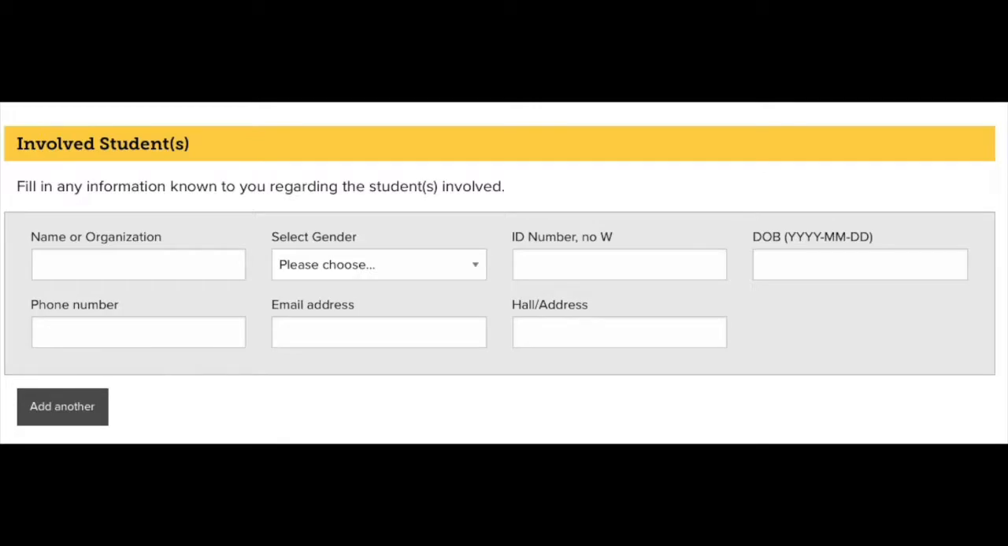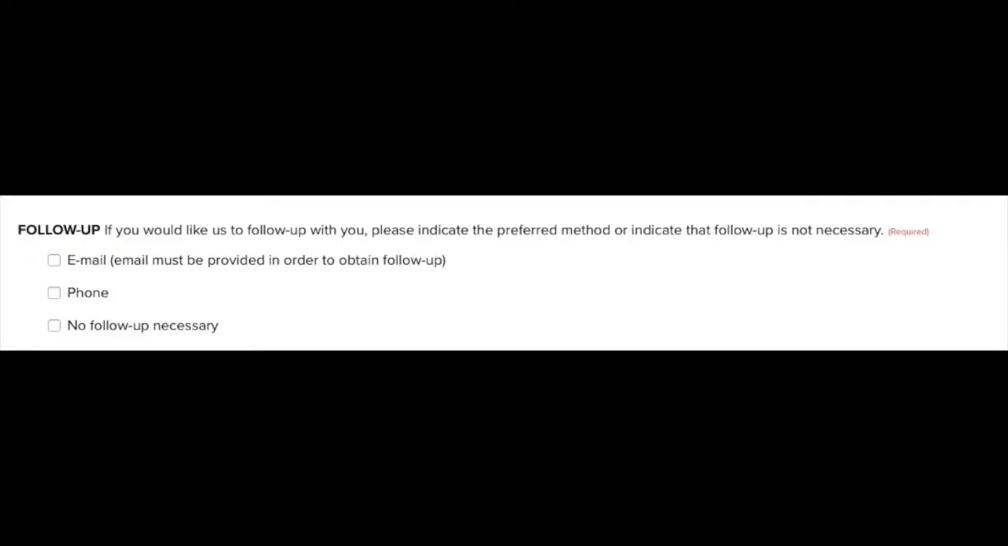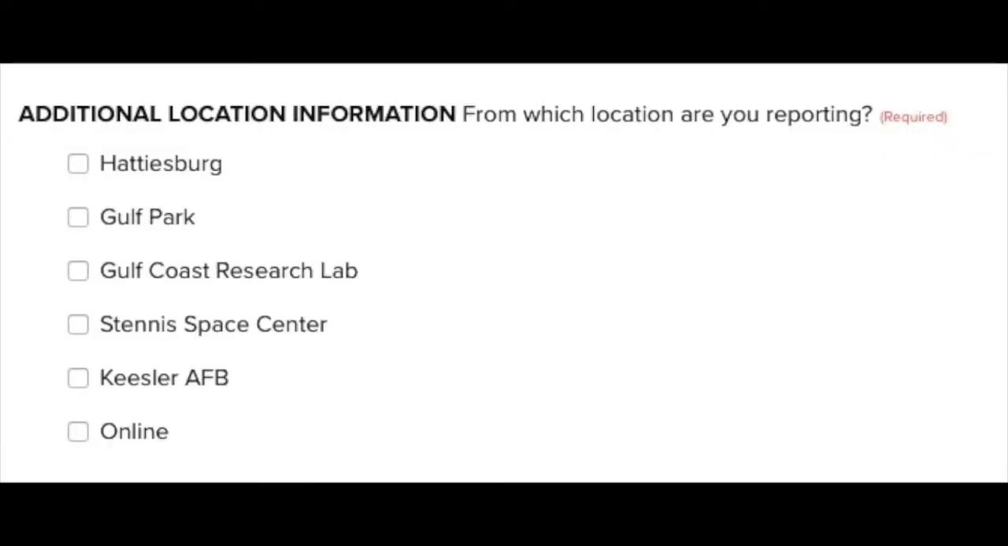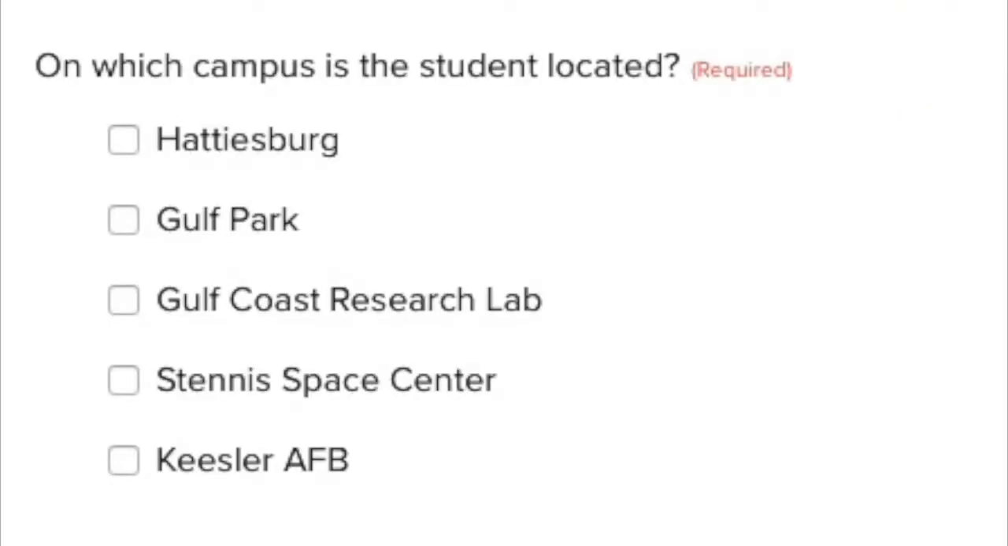Now here's where you're just going to fill in any information that you have on the student. All right, the next thing that you want to put in there is the reason for the report, and that's just usually why you started this thing to begin with. And here's where you just want to put if you want to be followed up with any information that happens with this student. They also like it if you put some additional location information and which campus the student is